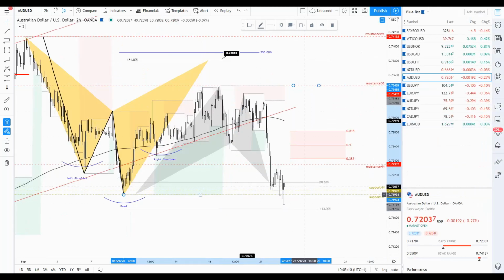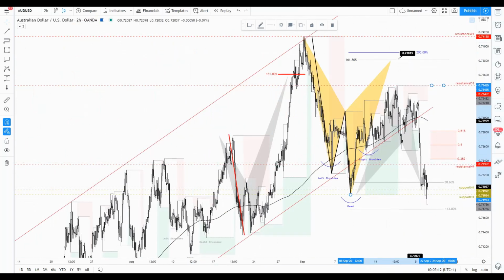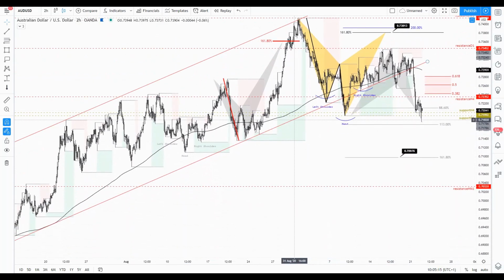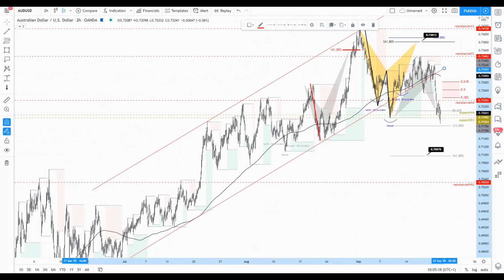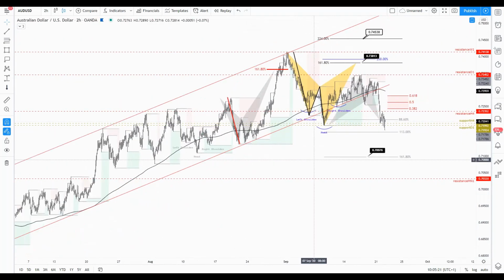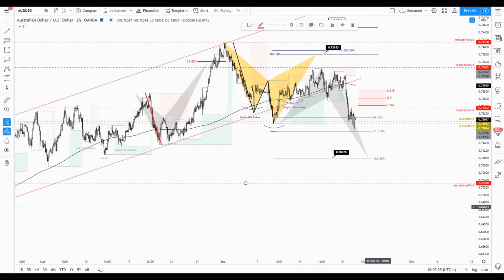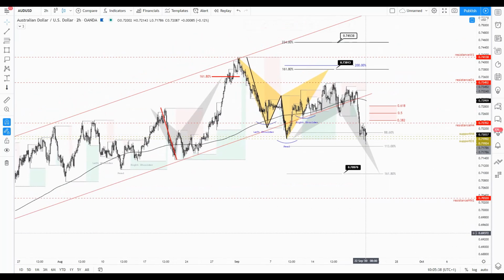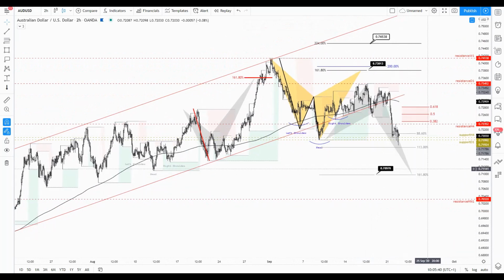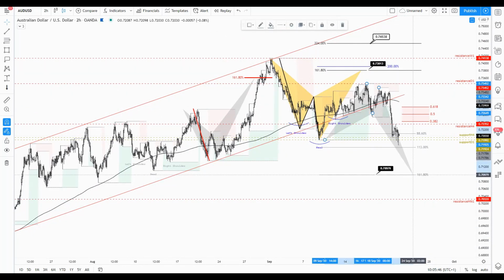So basically, Australian dollar, more bearish momentum expected. Pay attention, because we are now trading below this major ascending channel, so I will not be surprised to see more downside momentum. I will not be surprised to see the crab pattern printed there at 168 extension, and that is the pattern that I'm waiting to see. I want to see the price approaching this monthly fractal, and as soon as the price actually approaches the crab pattern at 168 extension, I will start to pay attention to the price action and the market conditions, and try to